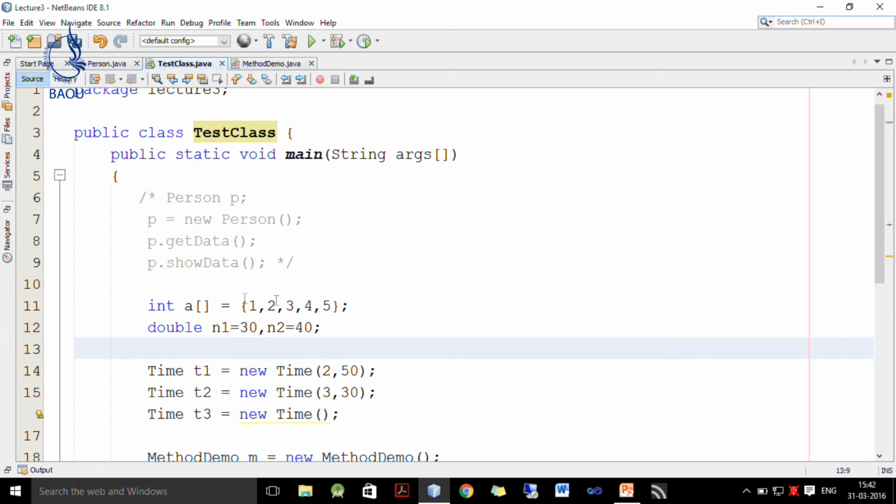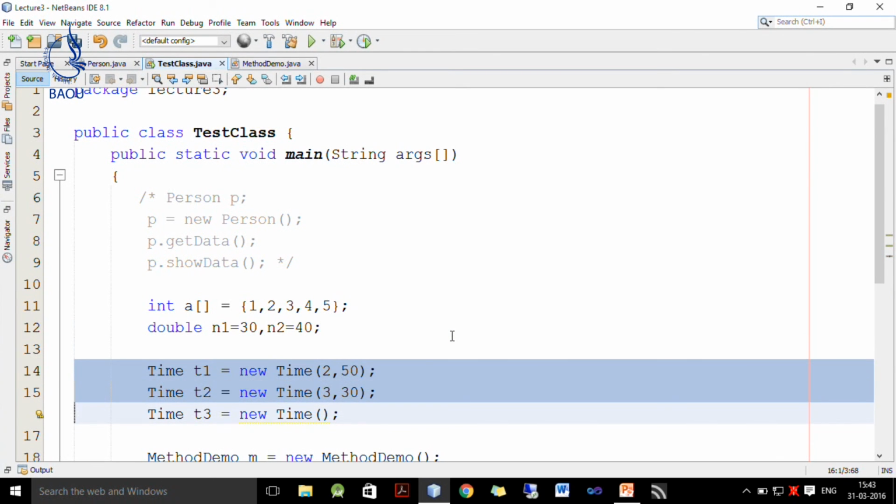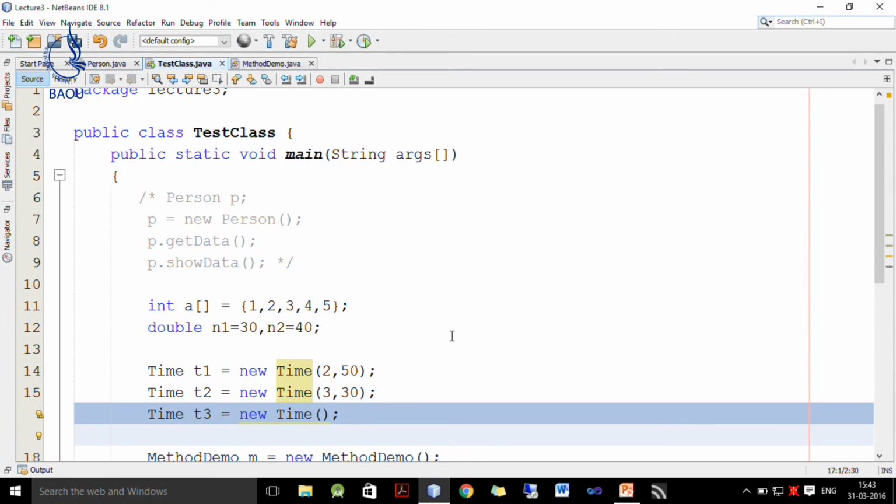The array is initialized to 1, 2, 3, 4, 5. So, the sum is 15. We have two double type variables, 30 and 40, and we want to find the maximum, which is 40. We have two times which represent 2:50 and 3:30, and we want to find time T3, which is the sum